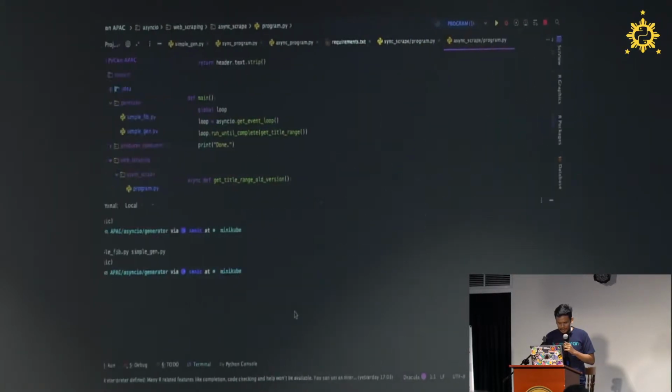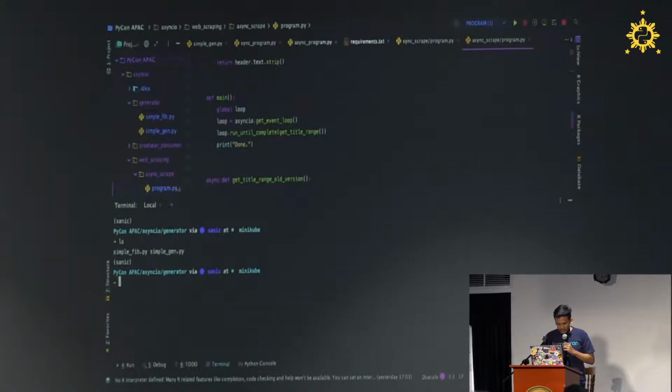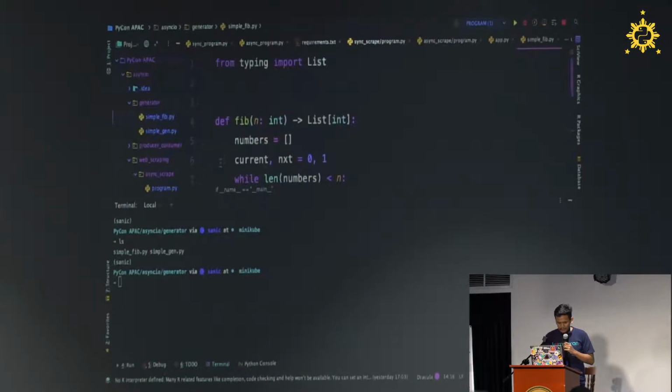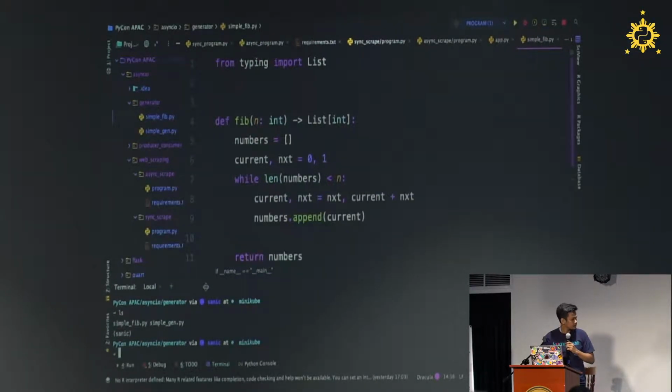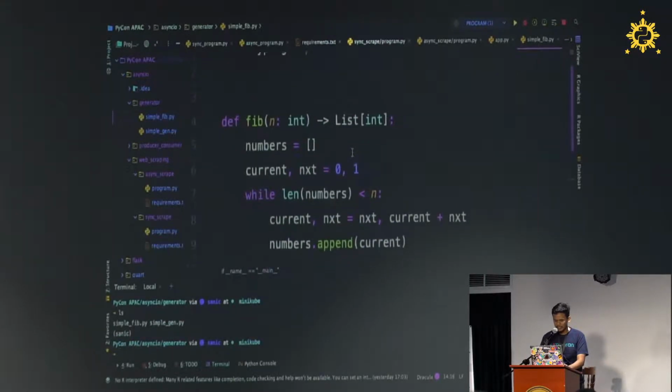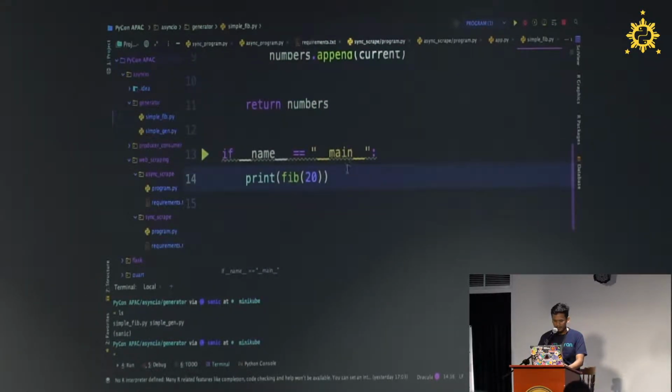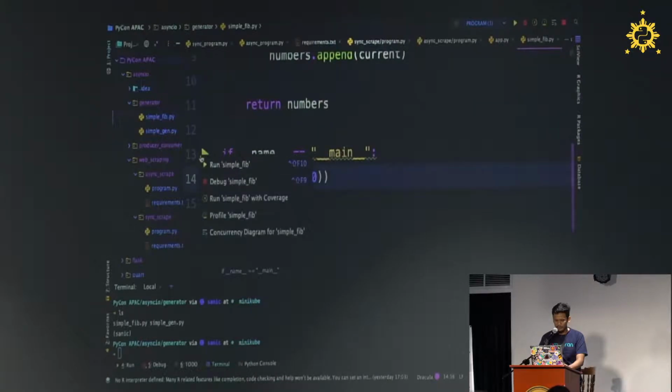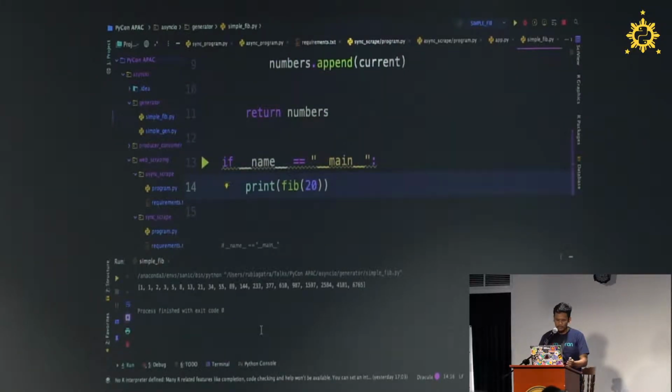So this is an example. We have the same code right here. If we just run it, it will return the list of the Fibonacci sequence.